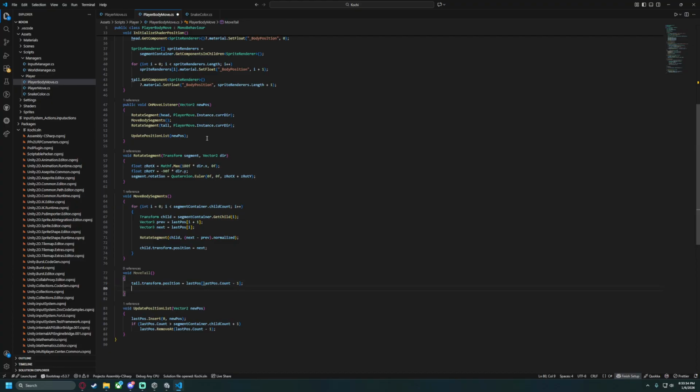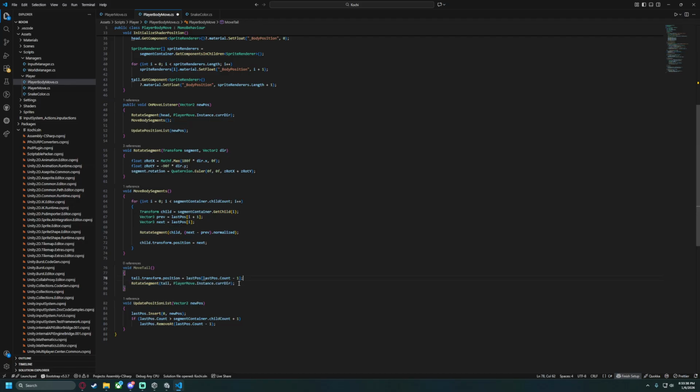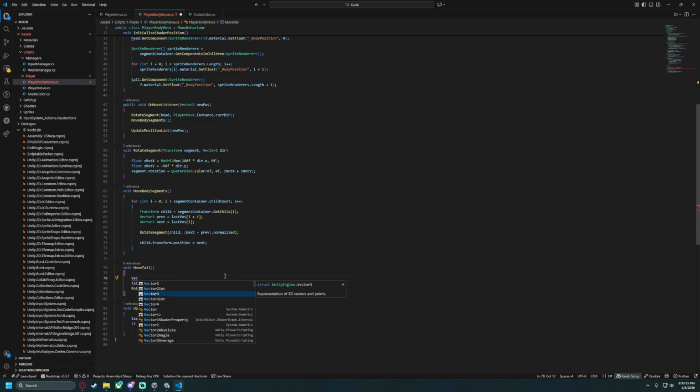And then we will update this like so. Oh, no, we want, shoot. Want this. Okay, so vector 3